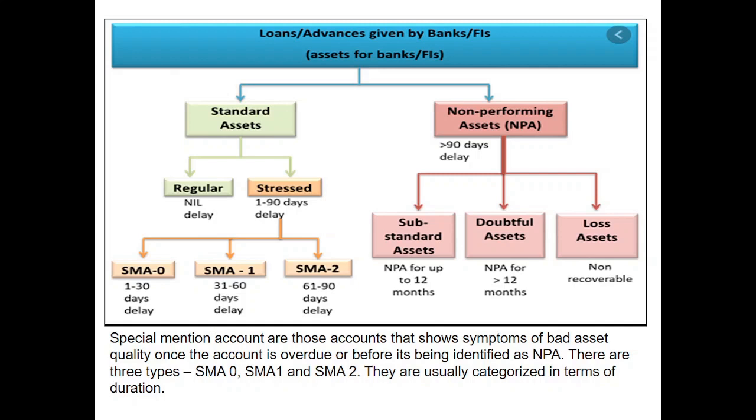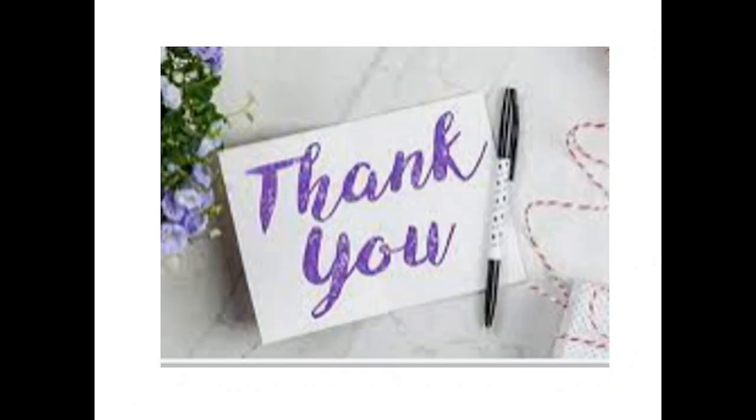So when we see NPA, we see two terms: one is gross and one is net. So loss asset is going into net NPA. Net NPA percentage will always be less than gross NPA percentage, and you see every bank is struggling due to this. Hence, every bank has to create a good amount of buffer from its profits to manage this loss asset. For writing off these assets, you need some profit provisioning. If you don't have profit, how will you write off? It is a big challenge. So this is our today's topic for discussion.